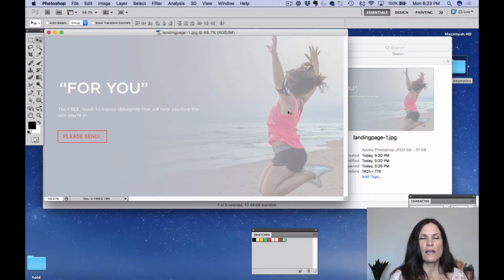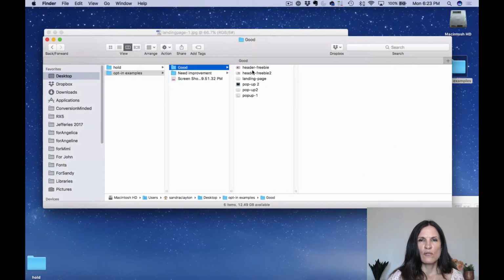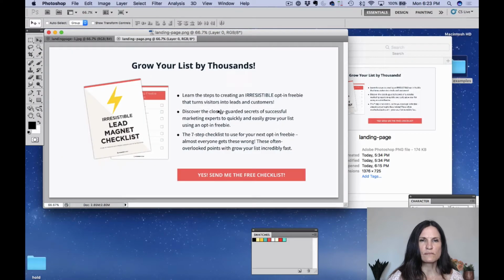But I don't understand the connection, because the title says For You, which you don't realize is a title, and then you have some copy that says the free Back to Basics blueprint that will help you love the skin you're in. That is way too vague. Okay, when you compare that to, let's just pick one of these. When you compare that to this,